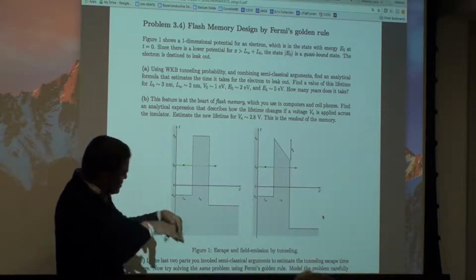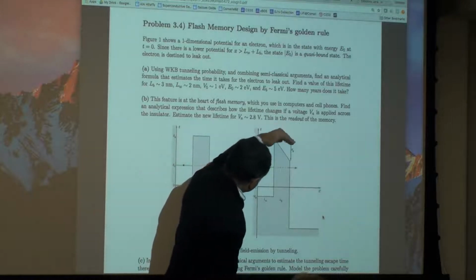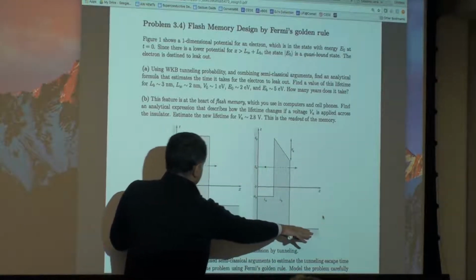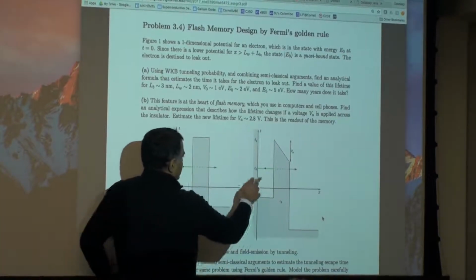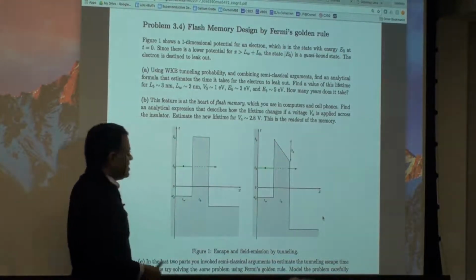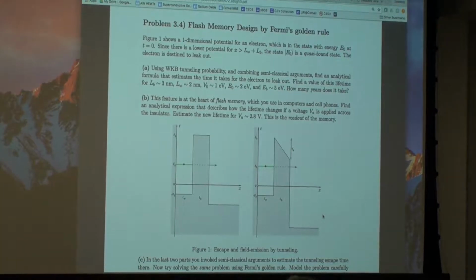And then as you change the voltage, if you pull the Fermi level of this side down, then you have an electric field inside here, and now you are changing the area inside this exponential term, right? Tunneling probability